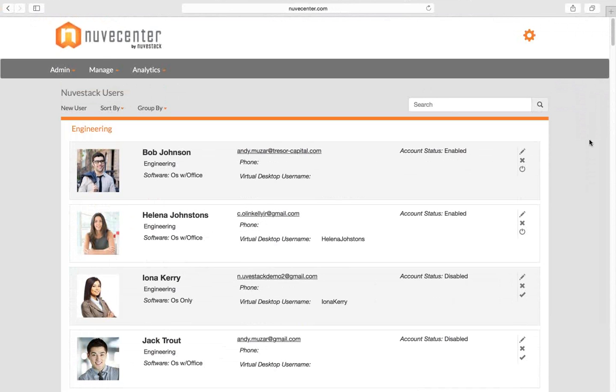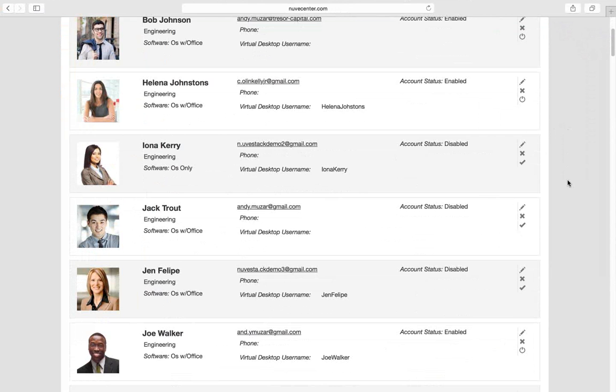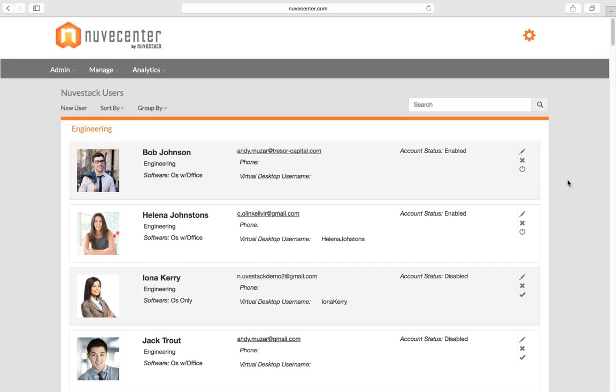The great thing is this doesn't have to be an IT person. It can be HR. It can be the secretary. It can be anyone from management. You just need to be able to use a website. You don't need to have any technical training. And so these admins, when they're logged in, are exposed to only the users that they have domain over. They can do simple things like temporarily suspend a user or re-enable a user.